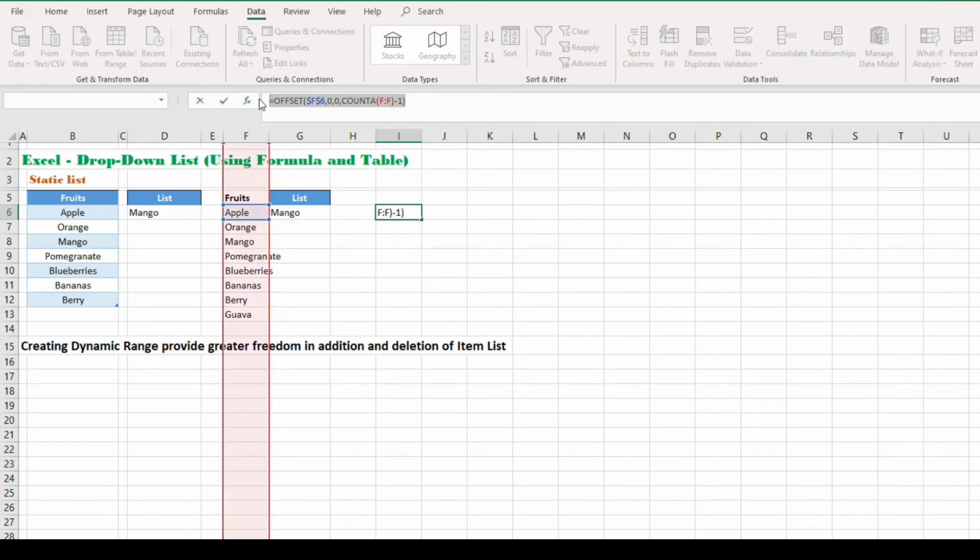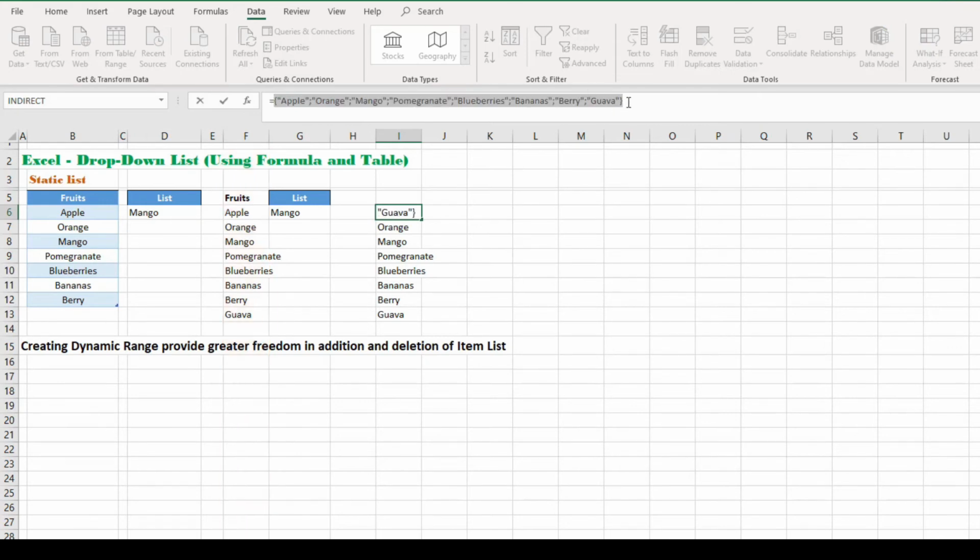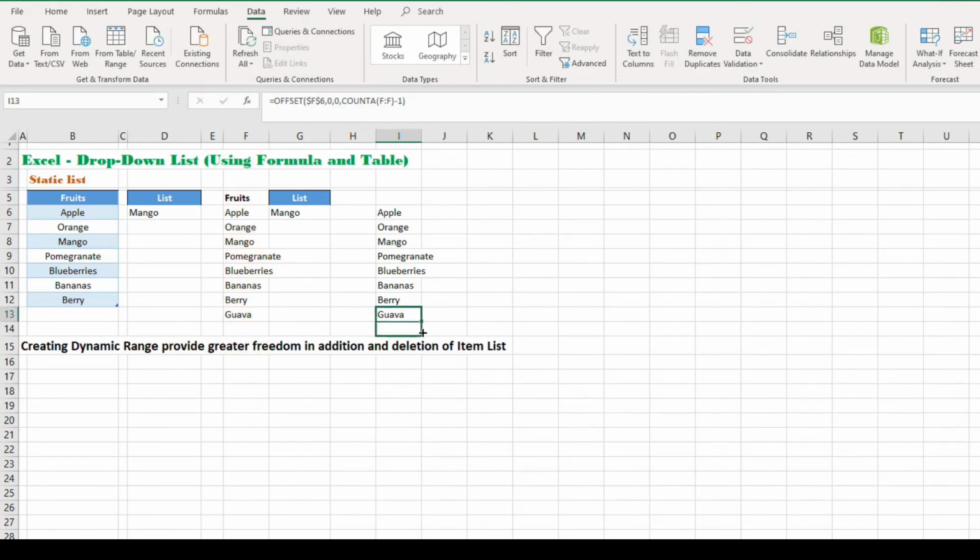Now if we click F9 here, you can see the guava as well. Although you see only apple here, because in one cell only one text is visible, if you scroll down you will see all the text one by one. If you scroll one cell below, you will see a value which is none, because there is no value here, as you can see by clicking F9. There is no value after guava, so we get an error value. If you have any problem understanding the OFFSET and COUNTA functions, please check out the link below.